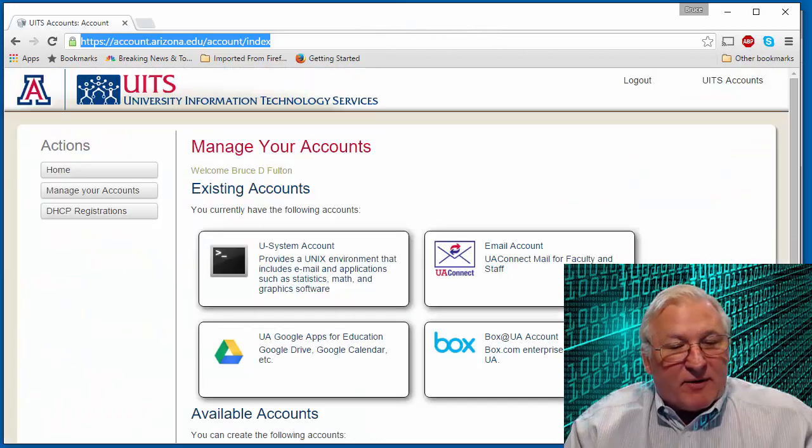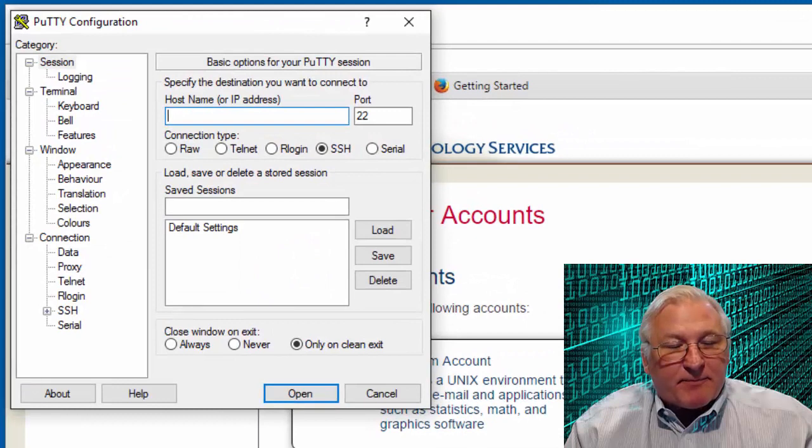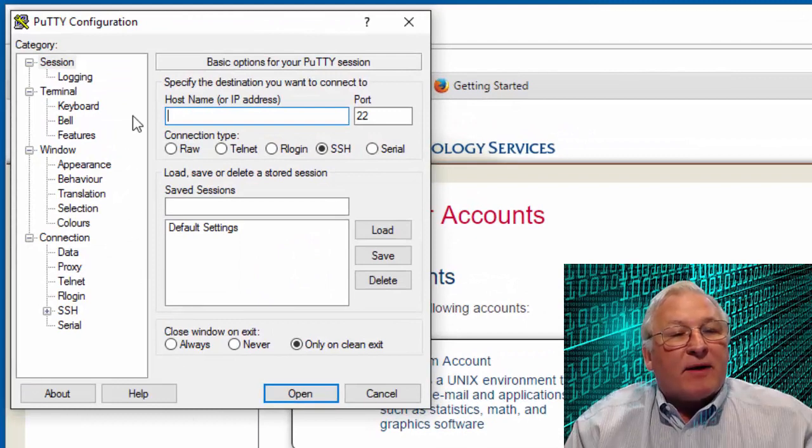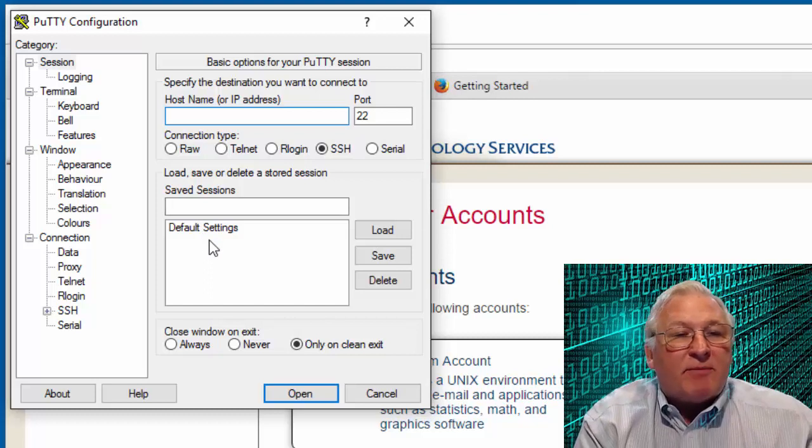So let me first bring up the telnet program, and that's the PuTTY for Windows, and I'll come back to this in a Mac and provide a link for you so you can jump into that. So the client here is looking for a host name. The host name that you want to type in for your usystem account is u.arizona.edu,